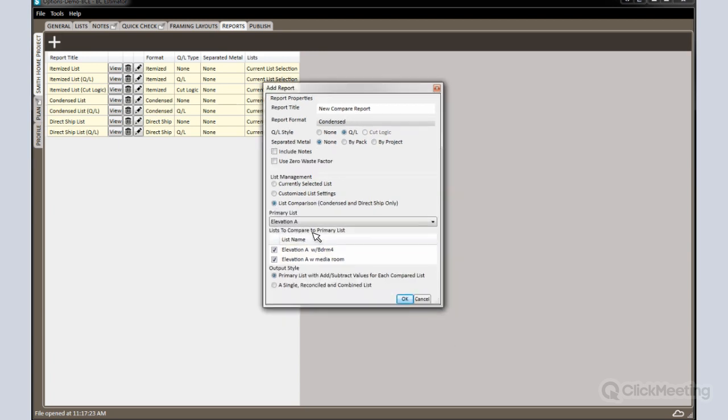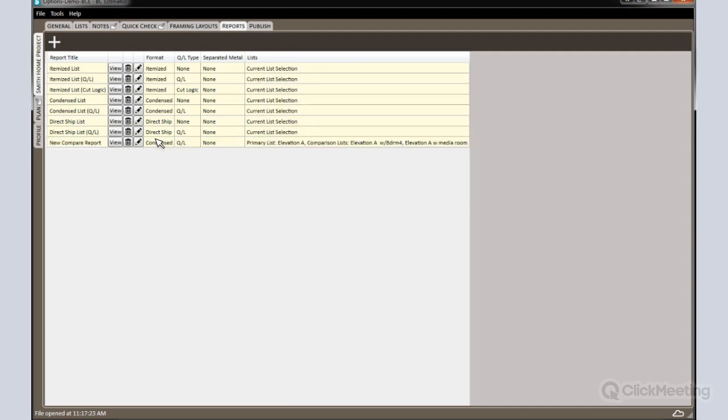And so what I'm going to do is pick the list that I want everything to be compared against. What's the standard, if you will? Since my elevation A was my standard list, my vanilla version, if you will, you would then go to elevation, then you can come to the list you want to have compared to it. So here in elevation A, I have the bedroom 4 and the media room. I want both of those to be compared. And I'm going to click OK. And I'm going to choose the view. And when I do,